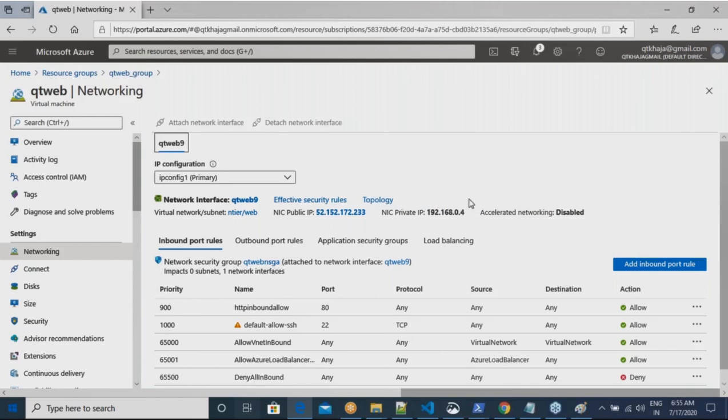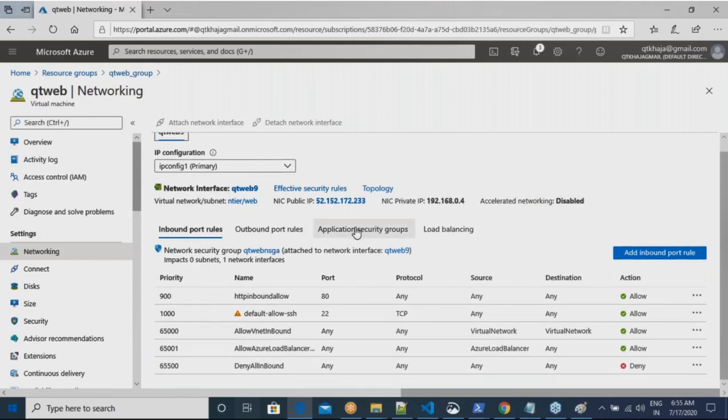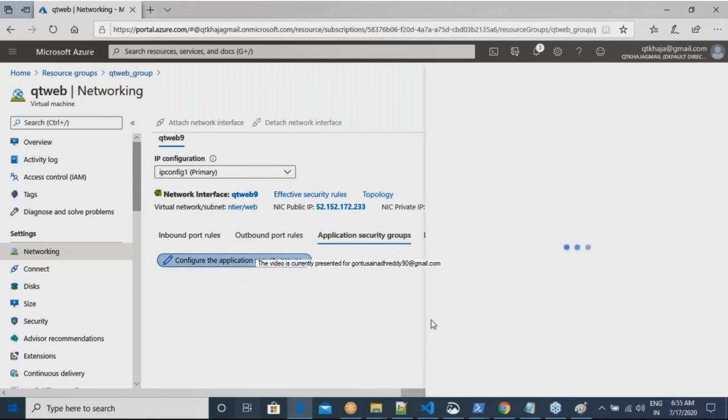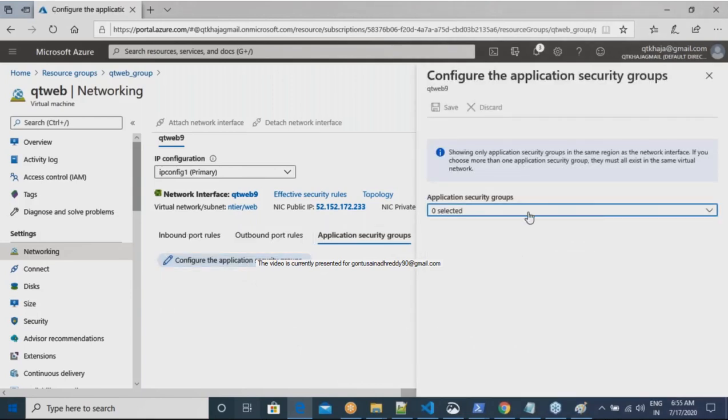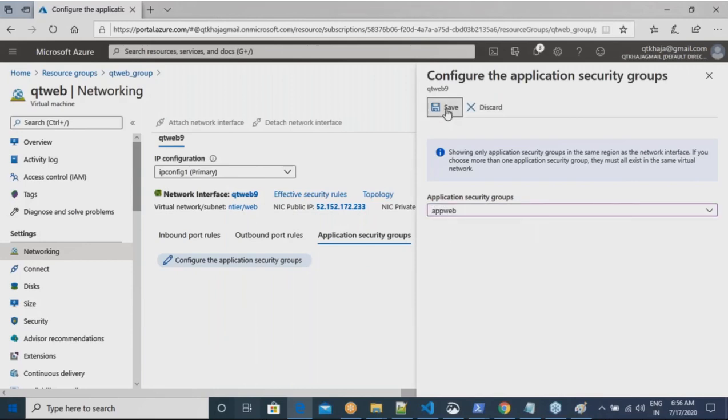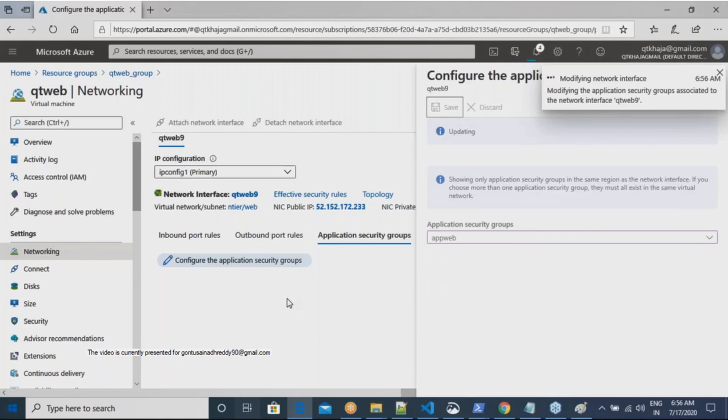Okay. So, are you seeing application security groups? And are you seeing configure application security groups? For this VM, I can tell that this VM belongs to the app web application security group.